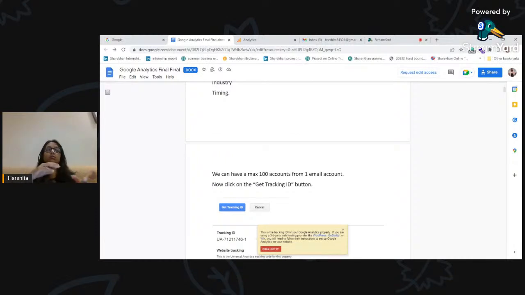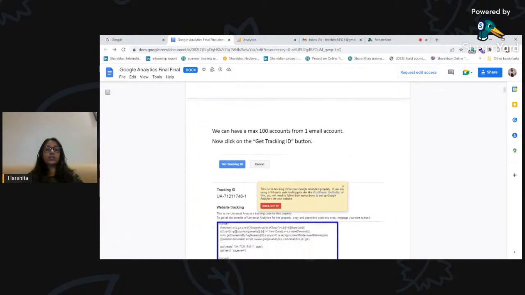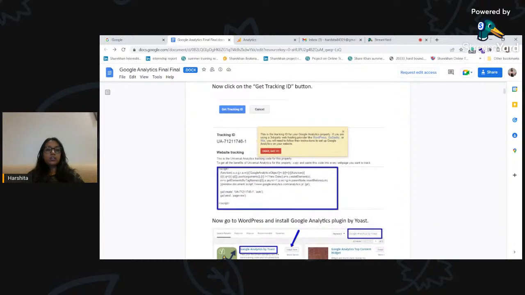So it would be easy for you to track. You don't have to remember which ID you have for this website and which ID for the other website. All you have to do is click on get tracking ID over here, and this page will come. The process is similar for Wix and WordPress. Today I will be showing you for WordPress websites. Click over there, get your website tracking ID, copy this,